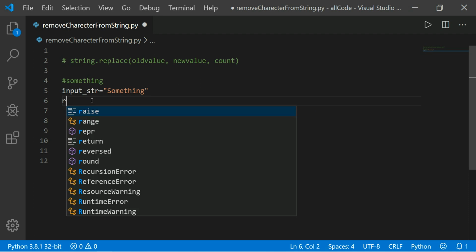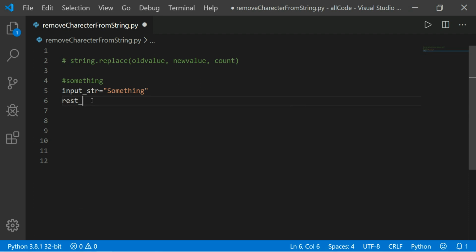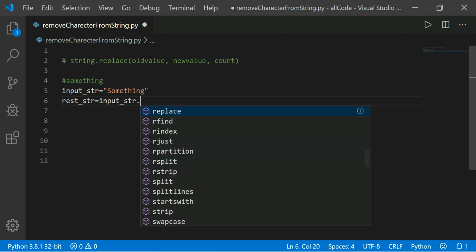You need one result string variable, inside which you store the original string, and this something is stored inside the input string. So here I use input string, and now you see replace, find, and others.